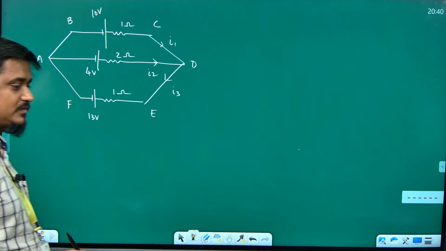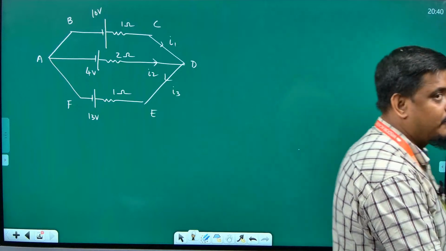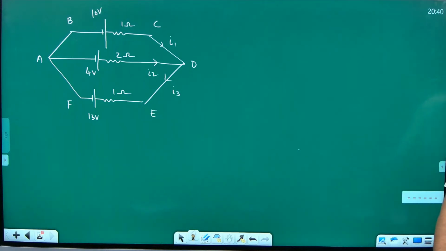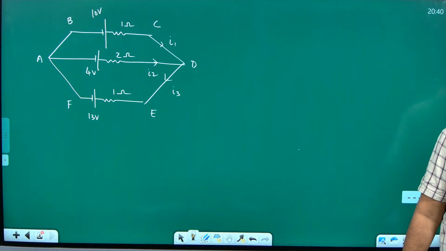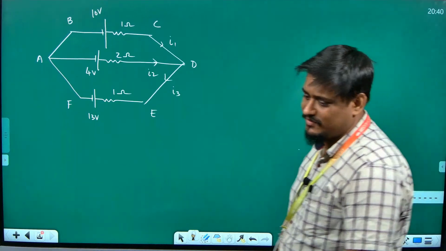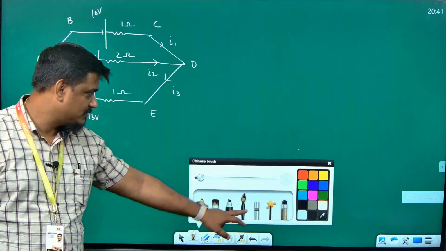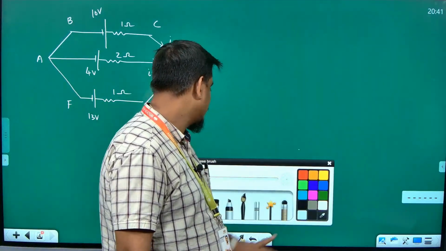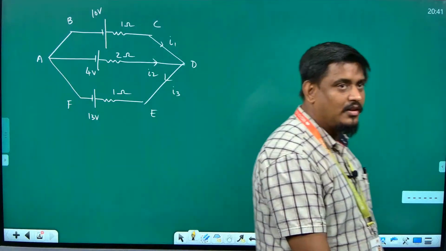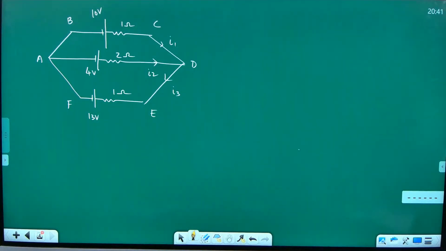I1 is 3 ampere. So I2 is minus 3 ampere. Okay. Sir, I took different. Sir, 1 minute. Sorry. Okay. No issues. Sir, I1 is 0, sir. I1 is 0, okay. I3. Okay. And I2 is 3 ampere. Okay, so his answers are 3, 3, 0. You got the same thing. Good, it is correct.